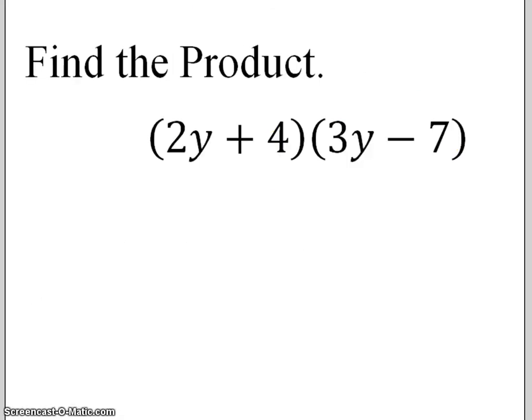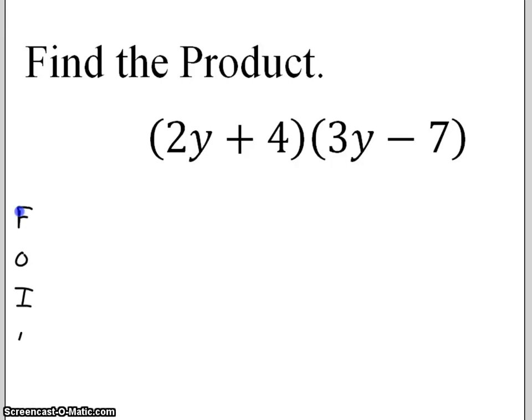Alright, now let's look at this. Find the product. 2y plus 4 times 3y minus 7. Now this is a special one. It's a binomial times a binomial. You see this a lot. And I'm just going to do the same thing I did in the last problem using the distributive property, but a lot of times